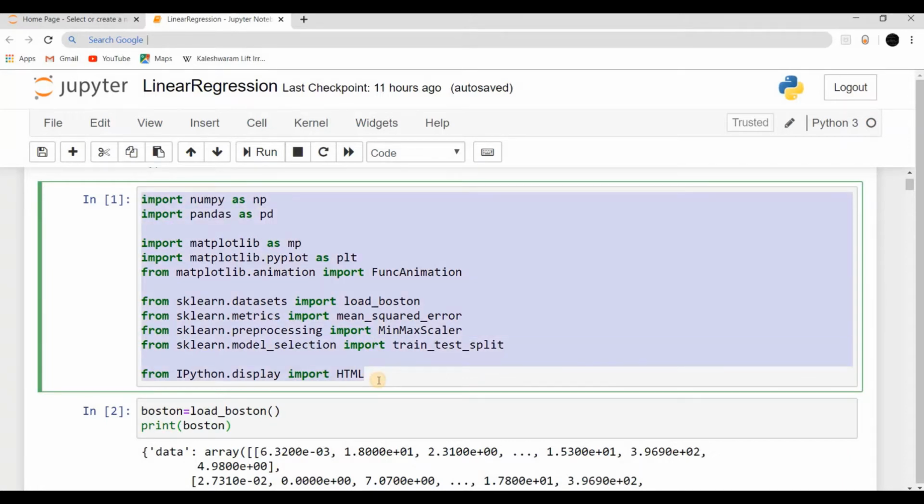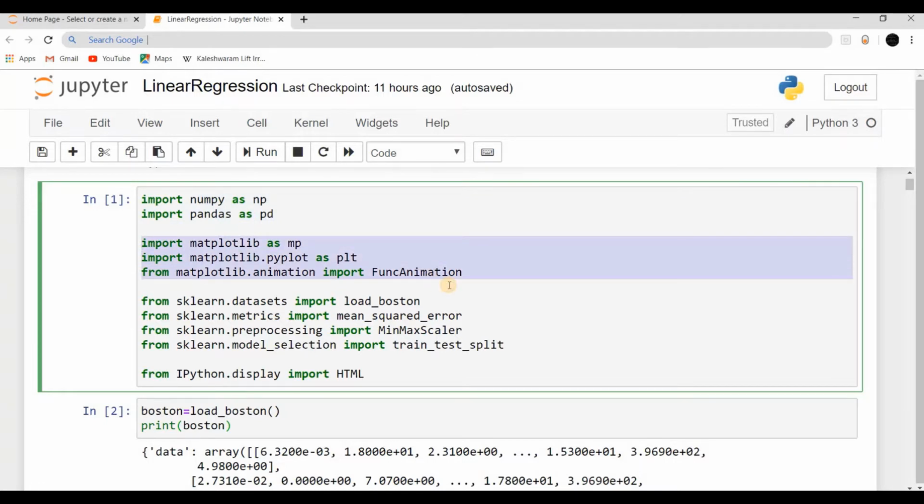These are the necessary import statements. The NumPy module provides many tools to work with multidimensional arrays, and Pandas provides many tools to work with data structures and analyzing of data.